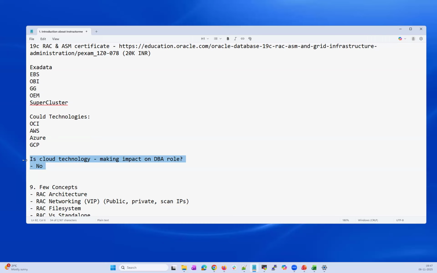Other than these few jobs, whatever your database administration, maintenance, management, and day-to-day activities, user creation, permissions, privileges, backup, restore, recovery, and performance tuning, it all remains the same. Whether your database is running on-premises or in the cloud, the DBA job remains as it is. So we need not worry about cloud technology booming and DBA roles getting impacted. No.